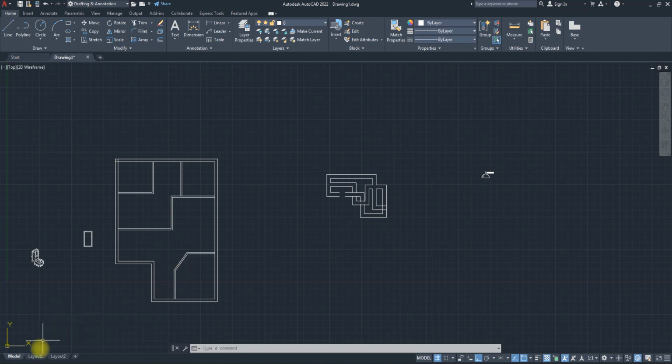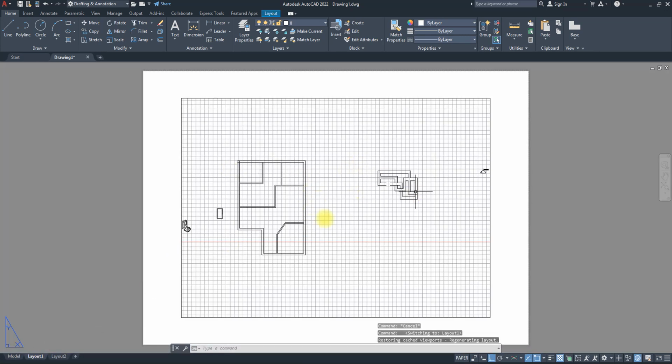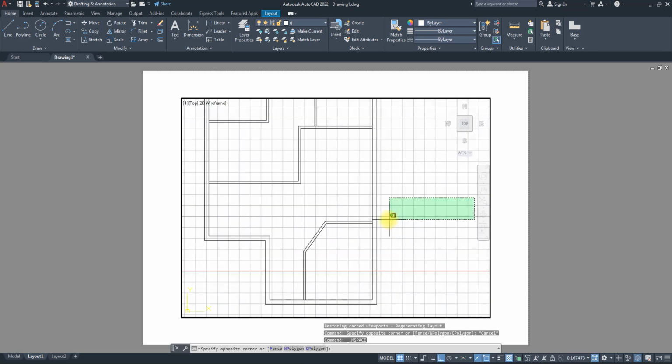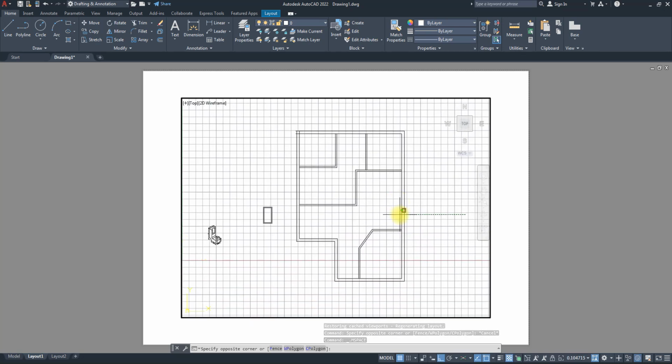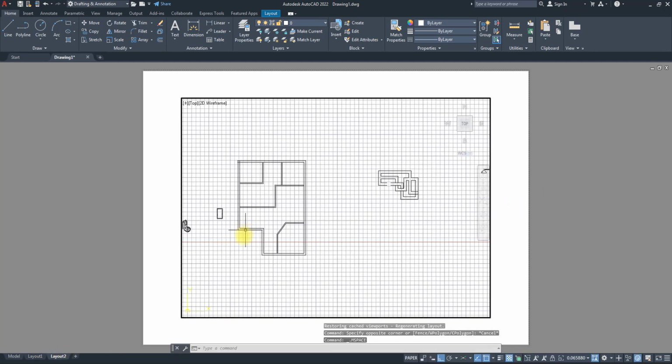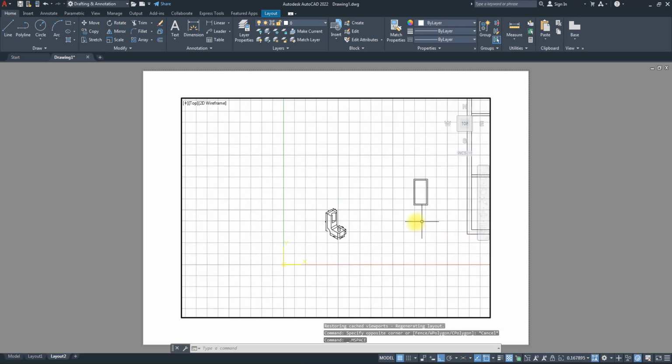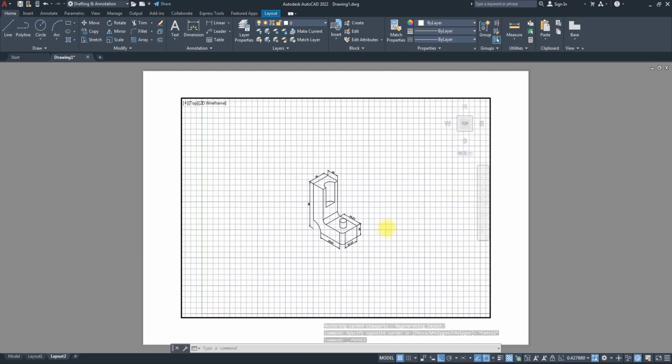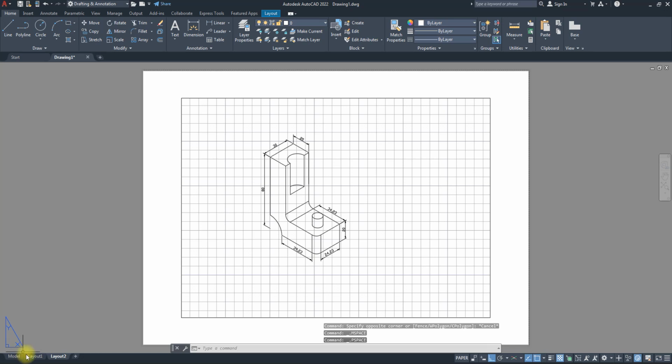If I come here now, I can decide to see all of them here. All of them are here. So I can decide to say, okay, I want only this one to be on this sheet. Maybe this one, I want this one to be here. Only this one will be on this sheet. I can set that. And so if you look at it now, I have a different drawing, I can set those things. So we're going to look at all of them. Very simple. It's not hard. You can see how many seconds I used to do it. So I'm going to stop the